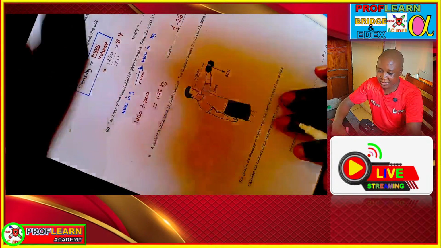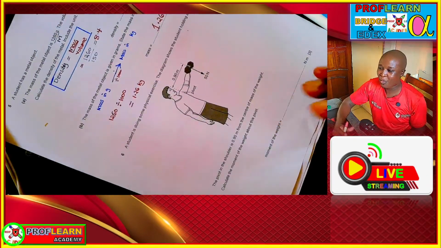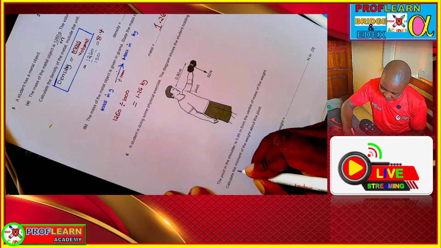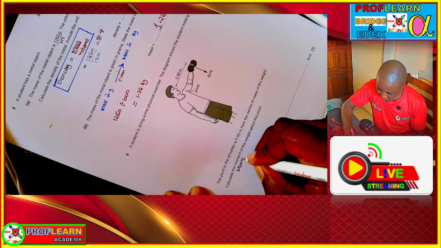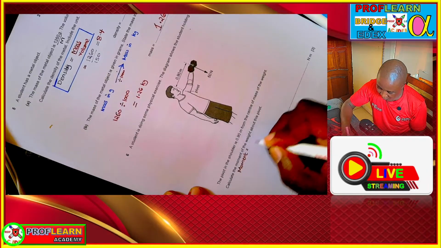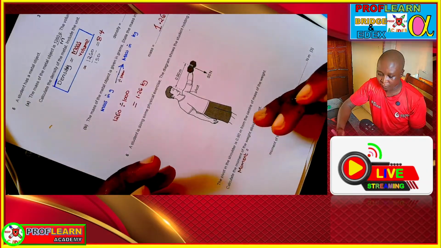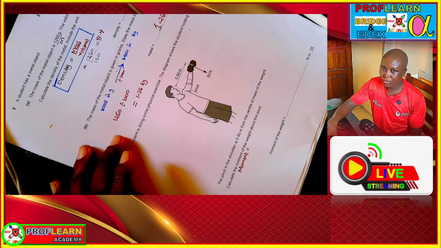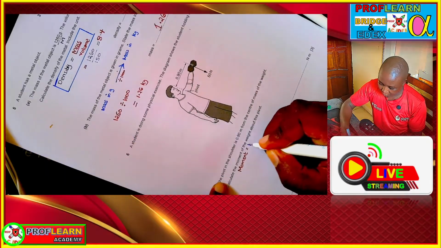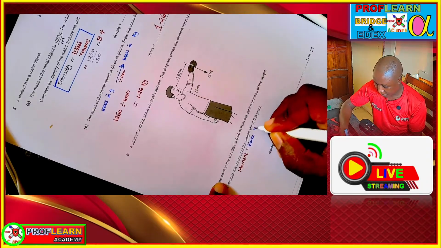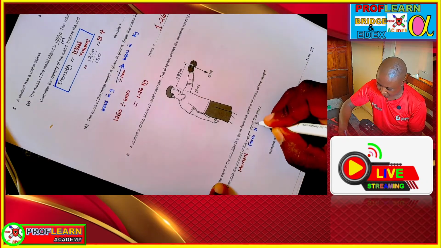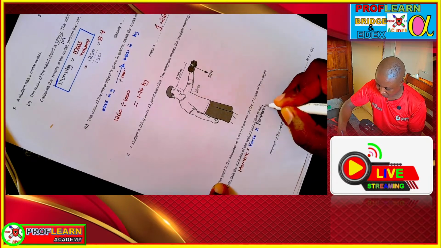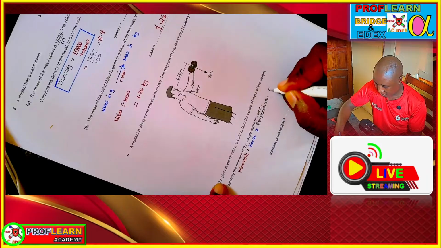So the first thing that we are going to remember here, what's a moment? Moment is going to be defined in year 11. It's going to be defined that moment of force is the turning effect of a force. We are going to say a moment is the turning effect of a force. But how do you get it mathematically? It's force times perpendicular distance